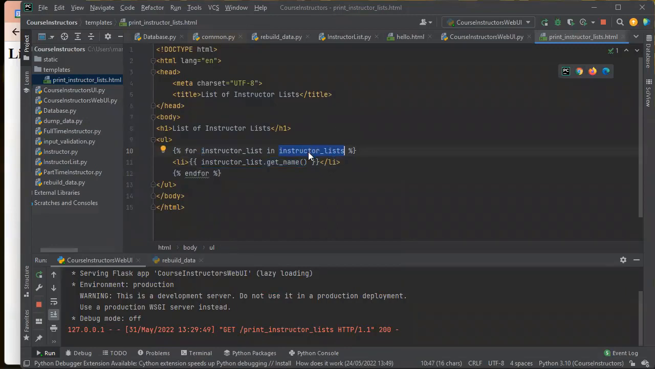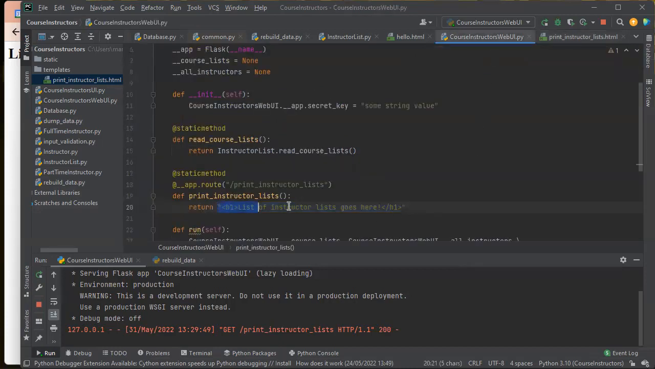So where does this instructor lists come from? Well, I have to pass this in when I render the template. So I'm going to take this template and render it into HTML. And when I do that rendering, I'm going to supply the values for any of the variables it needs to render the template. So if I go back to this course instructors web UI, what I want to return is render template. And then I give it the name of the file that I want to render. I also supply any variables that this thing needs to be rendered as basically keyword arguments. So instructor lists